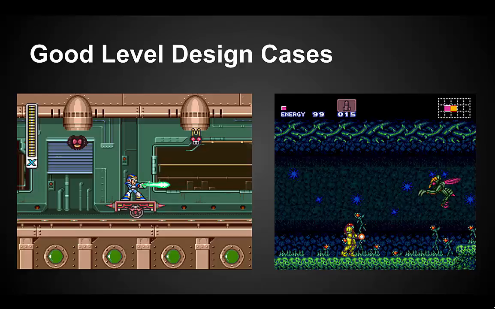So this is Mega Man X. And Mega Man X did a really interesting thing where it was taking a well-established series of games on the NES that all had the same mechanics, more or less, a very solid foundation, and it took that and expanded the mechanics, and with those new mechanics, it had to adjust the way that it built its levels. So, for example, new abilities: in Mega Man X, you can wall jump, and you can dash. Those are the big new things that weren't in the original Mega Man on the NES, and that changed everything.